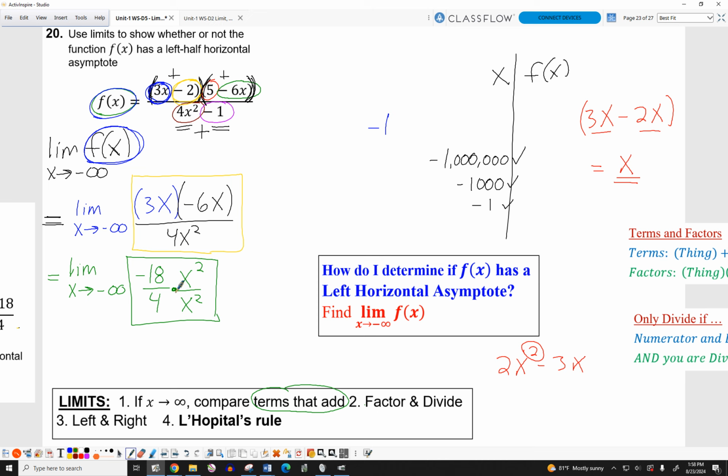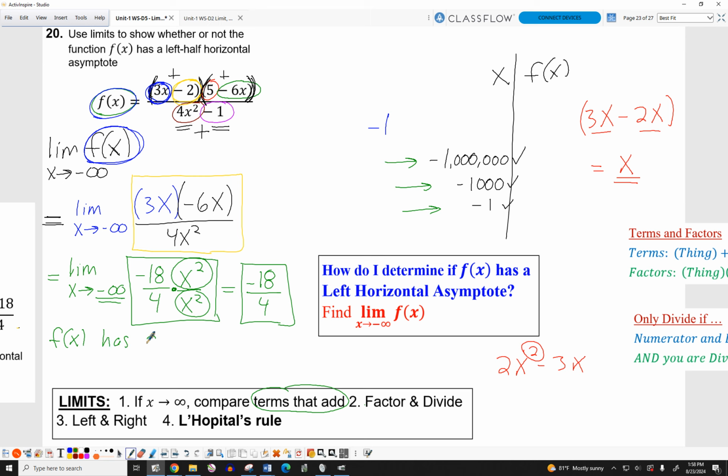Perfect answer, Vivian. As x becomes increasingly negative, like this, it doesn't really matter what x you're picking. You're always ending up with some value squared divided by the same value squared. So that is absolutely 1. So this is telling you that as x becomes increasingly negative, this whole thing is just getting close to whatever 18 over 4 is equal to. Which means the limit of this thing is 18 over 4,